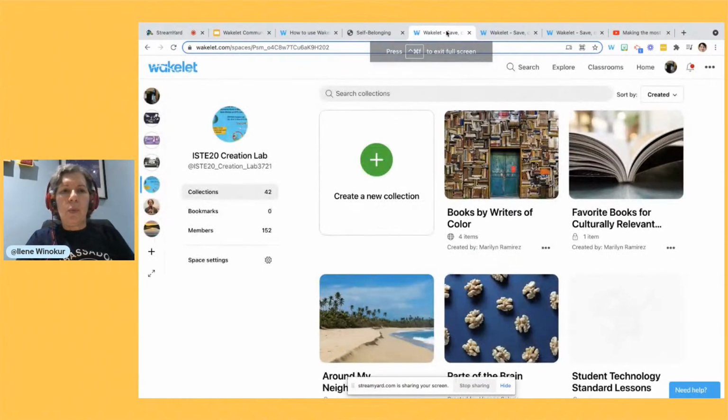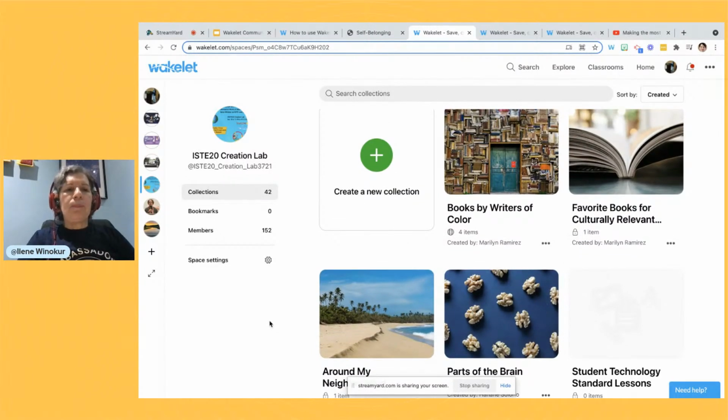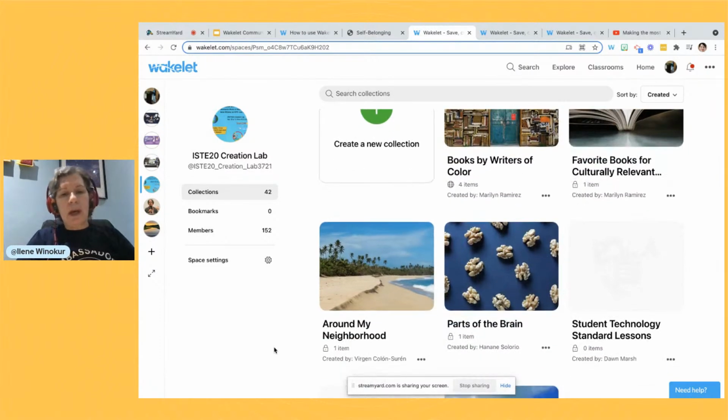Let's see if I get the right one. Yes. So this is the Creation Lab space that I used for the ISTE 20 presentation. And as I went through about how to use Wakelet, and we got to spaces and collaboration, I showed them. And as you can see, I added one collection, but 42 collections were added to it in the meantime, with 152 members. So during the space of my Creation Lab, and then after, when people watched the recording, because it was